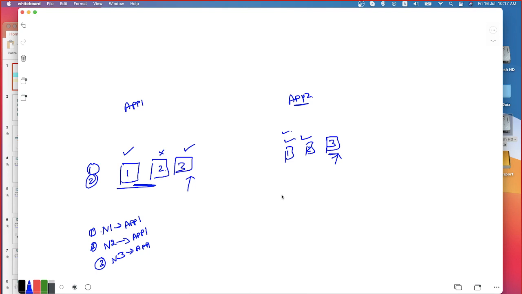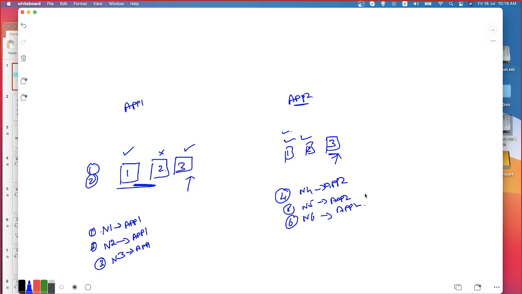So what I'm trying to do is keep three different servers, server 1, server 2 and server 3, for application 1. Node number 4, I would like to keep it as where application 2 is hosted. Node number 5, application 2 is installed. Same way, node number 6, we are going to install application 2. This is how we have to do it.